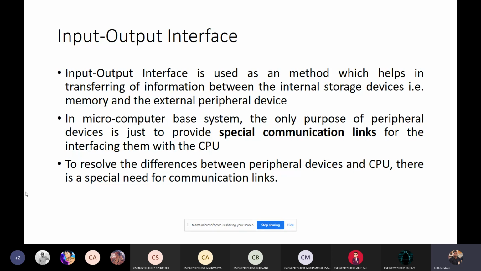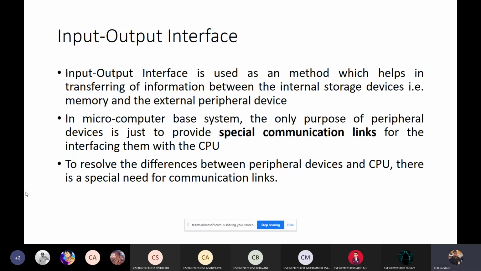So it acts as an intermediate between the processor and the input output devices, whatever we are using for sending the data and receiving the data. So that is a major usage of the interface. Interface is a circuit which is placed in between the input output device as well as the CPU. There is a lot of difference between the electronic signals and the electromechanical signals. So that's the reason there is a difference between peripheral device and the CPU. So there is a special need of communication. If the CPU wants to understand this communication, then a separate circuit is required. That circuit we are calling an interface.